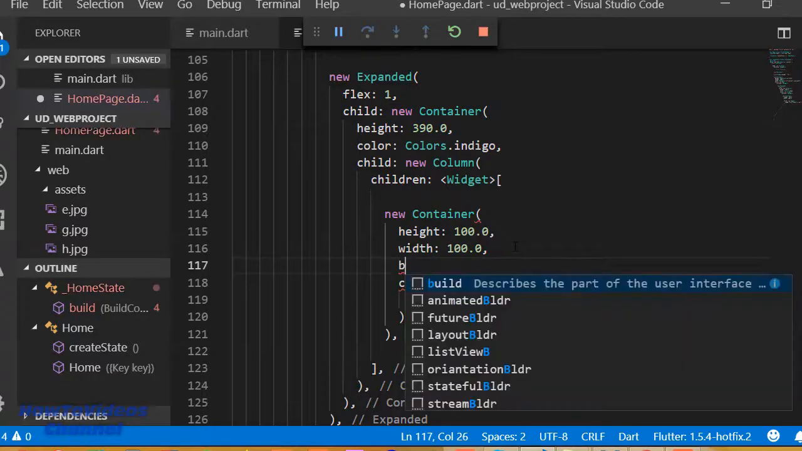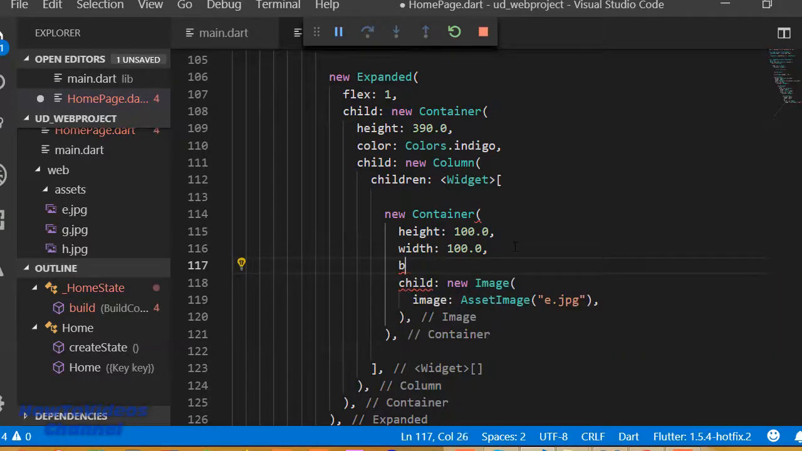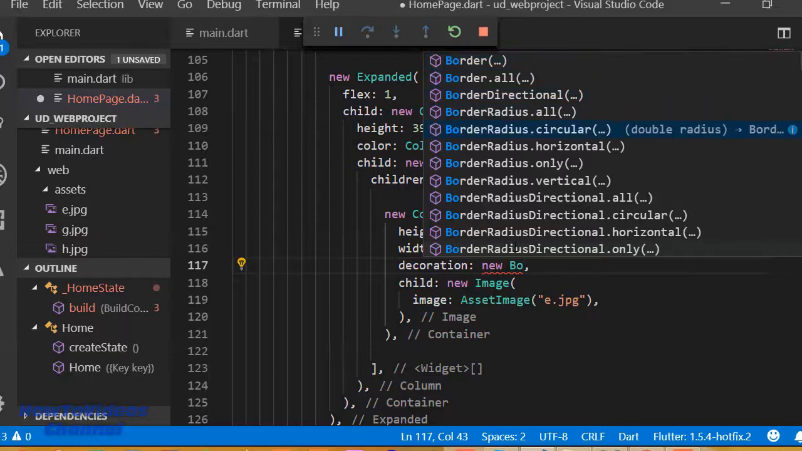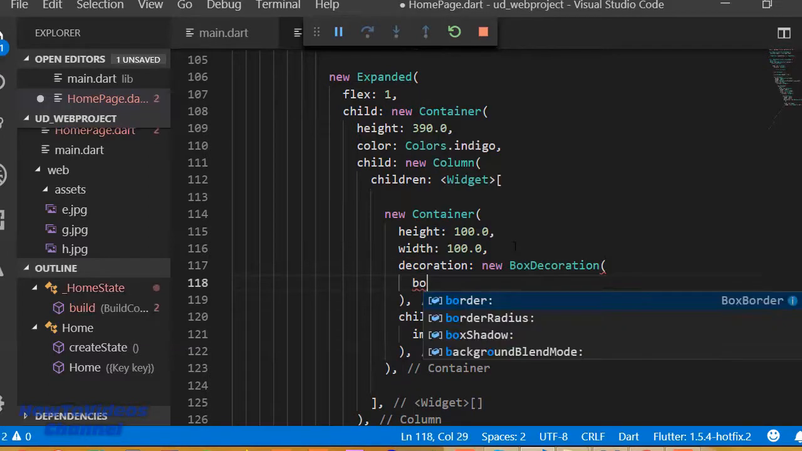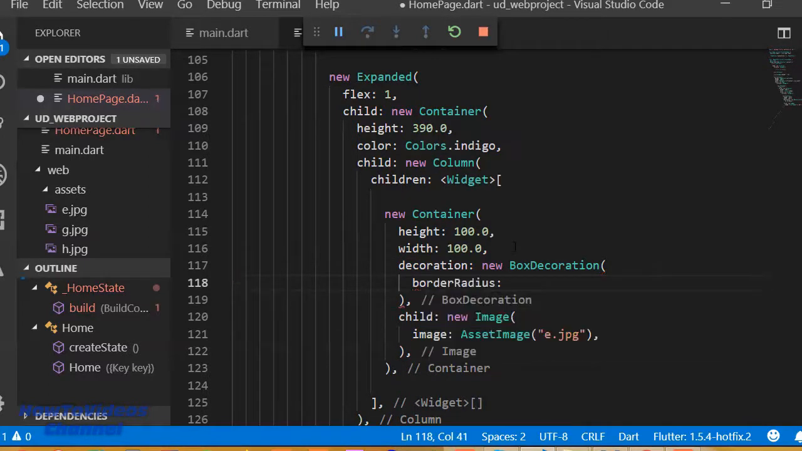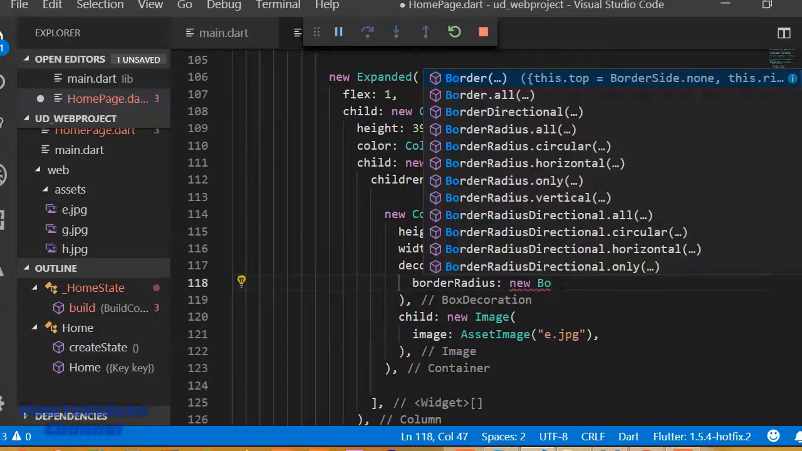And after this container, we can add the border radius for our image. So for adding a border radius, we need to select the decoration, and decoration contain a box decoration, and this is going to be new box decoration, and this box decoration contain border radius property. So border radius is going to be new border radius